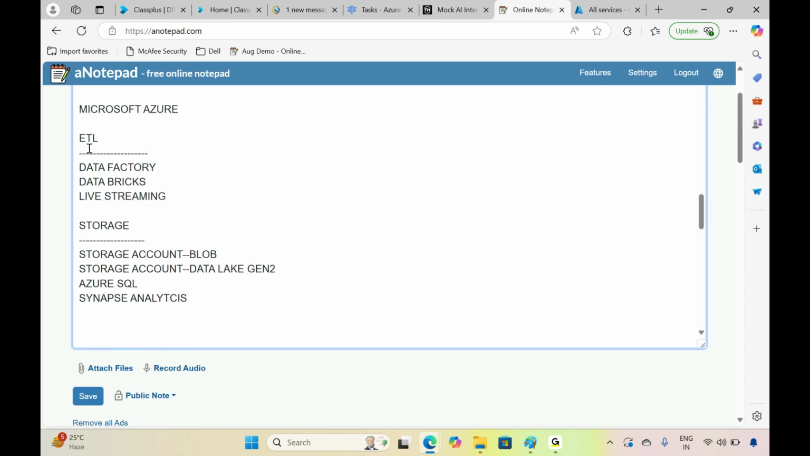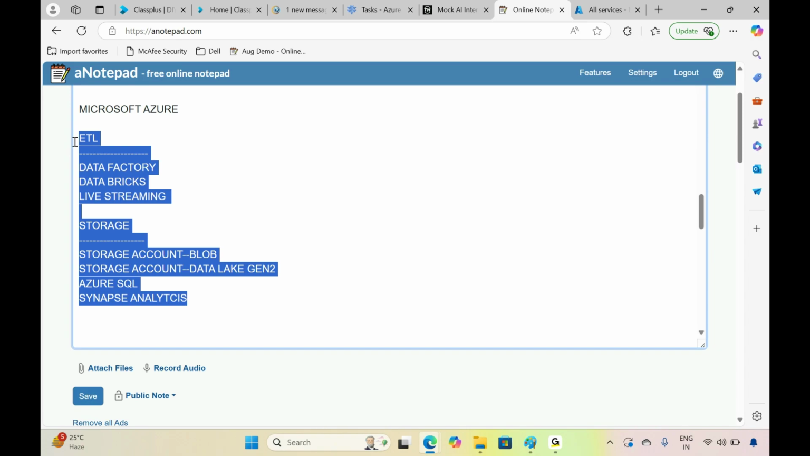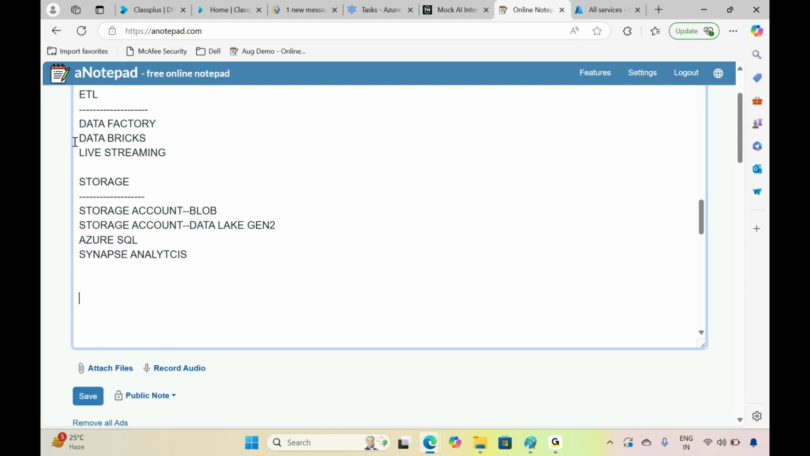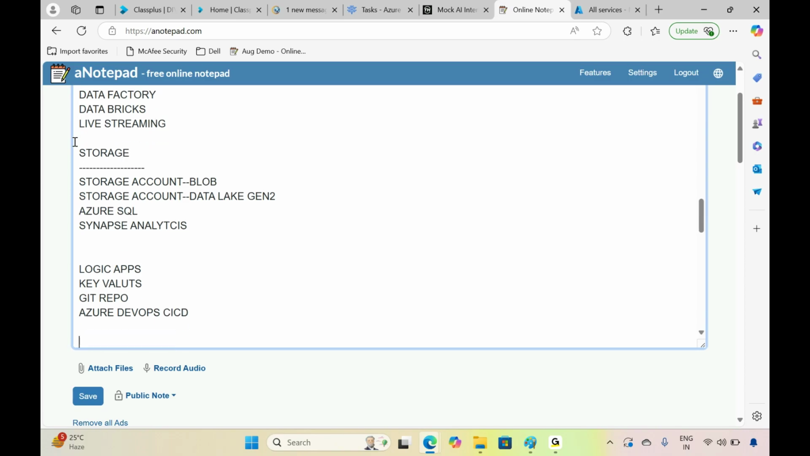These are the things we are going to use as part of the storage purpose. As a data engineer, when you are creating ETL pipelines, storing data and processing data, along with these things you need to learn a few more things as an administrator, as a DevOps engineer. We are going to teach you logic apps and key vaults, and Git repository, Azure DevOps Git repo, and Azure DevOps, how to create CI/CD pipelines for the deployment process, and